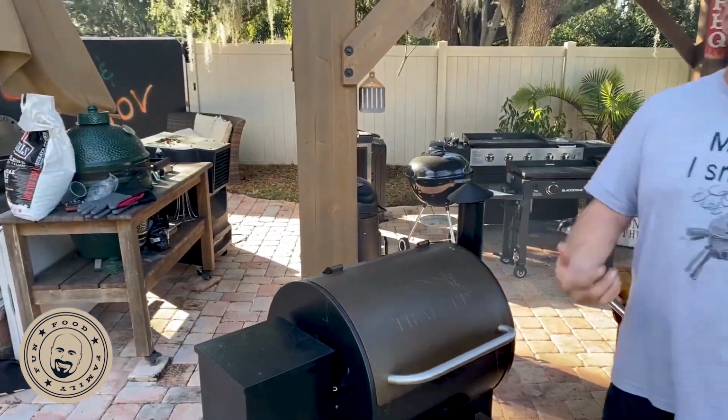The airflow on the Traeger to me always seemed a tiny bit limited, all right? It seemed to me that I had to kind of use more pellets to get the same amount done. Now, have I sat there and tested that? No. So if somebody has and I'm wrong, throw it in the comment section. I'm okay with that. I'm just, as a guy that just buys grills like you do,